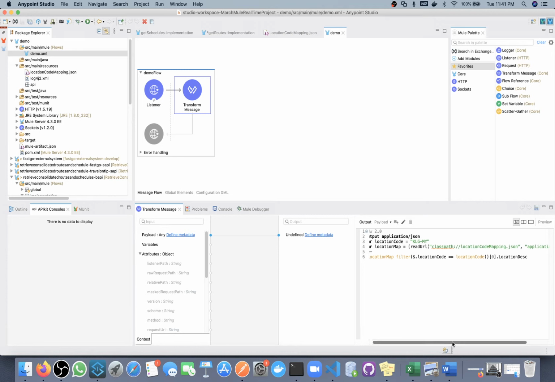Read URL, classpath, the p will be small, and everything is fine.